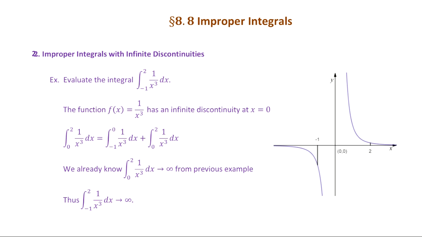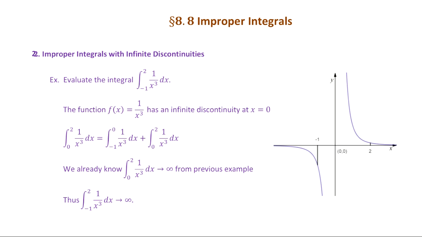Let's do one more example for improper integrals of the second type, or with infinite discontinuity. So this time we need to integrate 1 over x cubed from negative 1 to 2. Okay, so don't just do the problem, find the antiderivative, and then plug in negative 1 and 2 in the antiderivative and subtract, because you get the vertical asymptote for the function 1 over x cubed